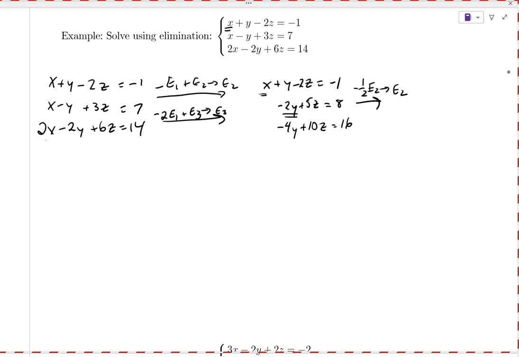The reason why we want to get a 1 on these coefficients in the next step is because it makes it easier to figure out what we need to multiply that equation by to get rid of the thing that's below it, right? When we have a 1x up here, we know we need to multiply it by a negative 1 to get rid of that one, and multiply by a negative 2 to get rid of that one. This is the opposite of the coefficients,